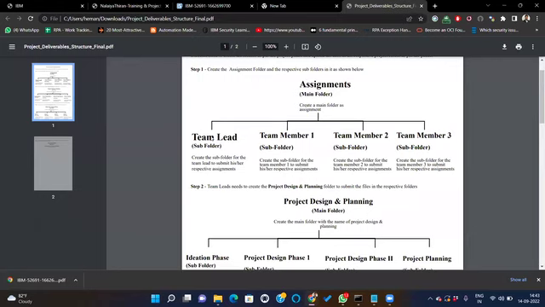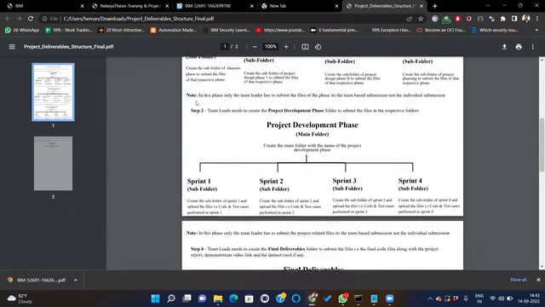Can students edit their assignments which are uploaded in GitHub? No. Once the files are uploaded, how can a student edit them? Do students have to create folders for GitHub, or mentors? The student has to create this. Mentors are the ones who guide them, who tell the student how to do it and what to do. Students are the ones who do these things.